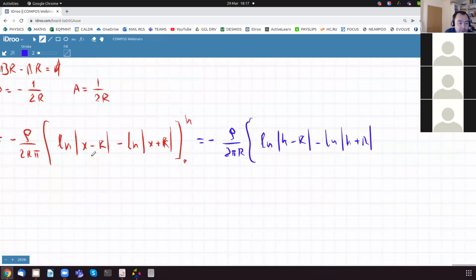Well, you plug in 0 and it's going to be logarithm r minus logarithm r. So it's going to be 0. So minus 0. And that's it. So we get the final answer. We take the minus inside and it's going to be rho over 2 pi r